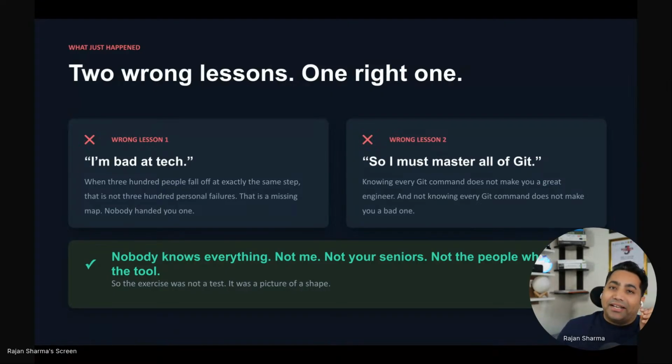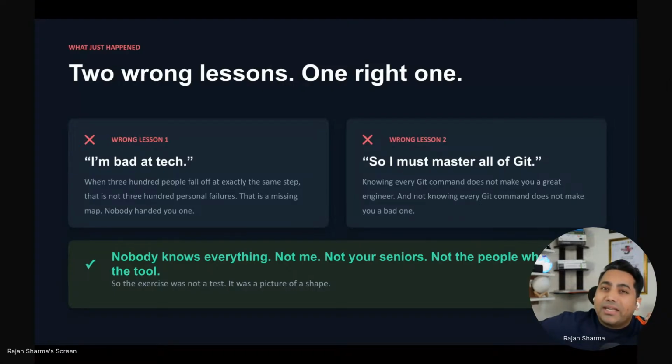In depth, Git is real and it is valuable. And yes, you should know your daily tools properly. But it is not a scoreboard where you have to point out or showcase, like, this is what you have achieved. It is not something that becomes an industry standard, because here's the thing that is absolutely certain: nobody knows everything. Nobody, not even me, not your senior, not even the people who wrote the tool. So